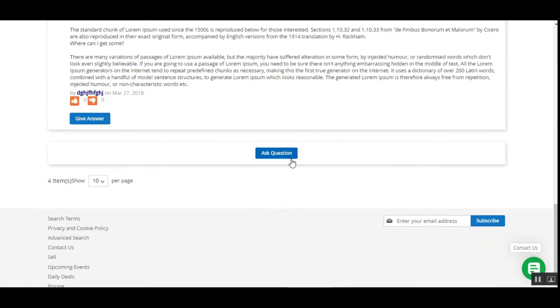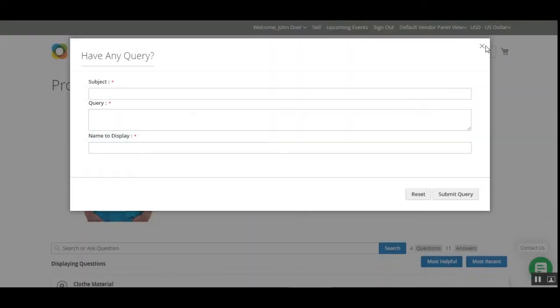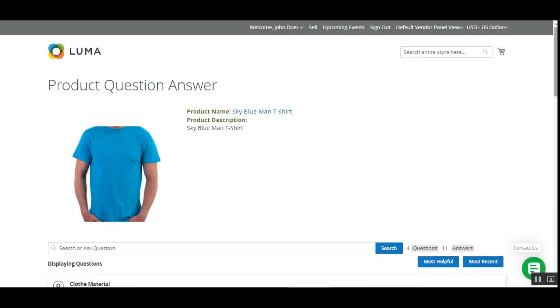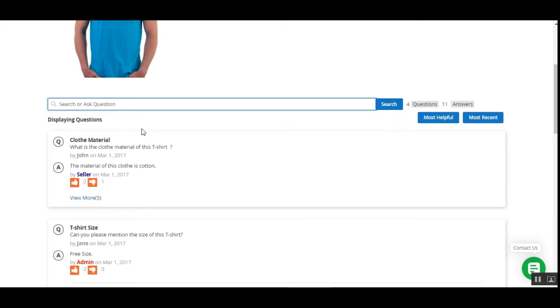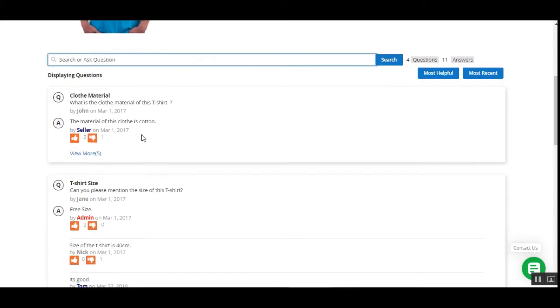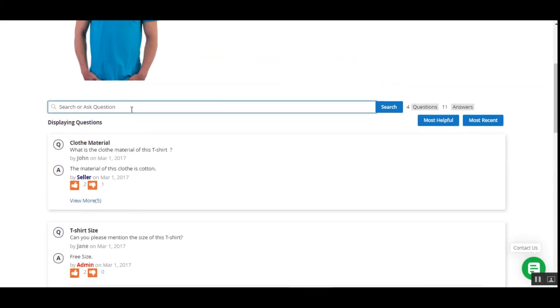They can give the answers for the rest of the products as well by tapping on the give answer button. And to again ask, you'll have to just tap here in the ask question. You can ask a question back to that particular seller for the particular seller's product. And from here you can search for it, or you can search or ask for a question as well. For example, let's go for, if I enter size and hit the enter button,